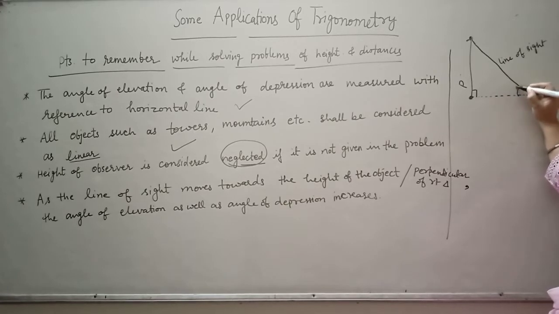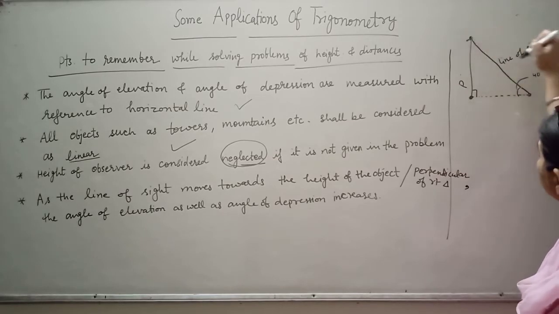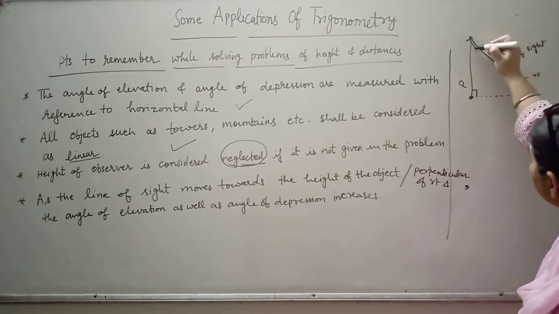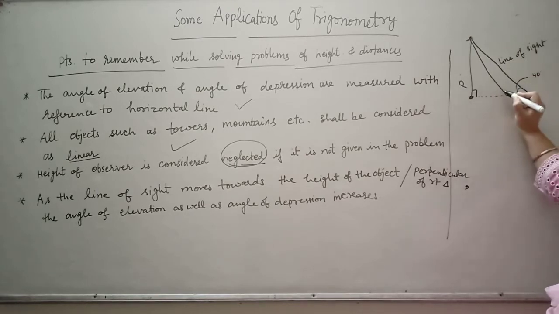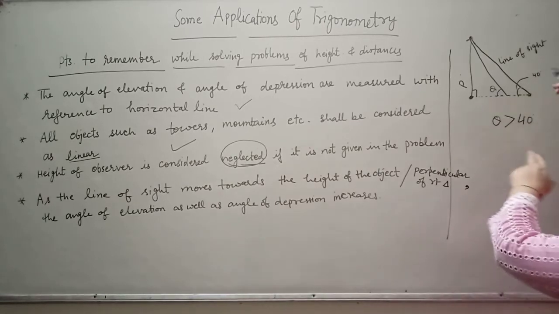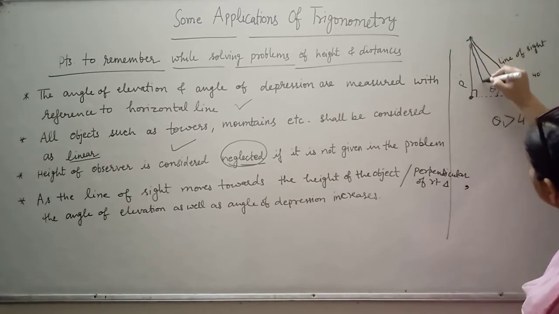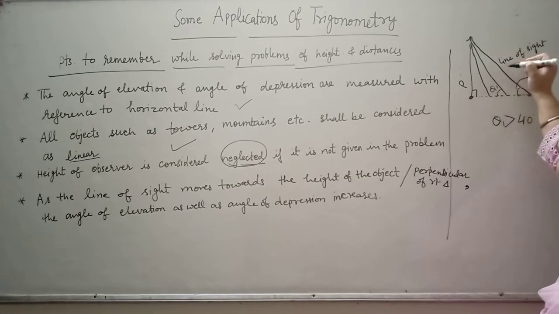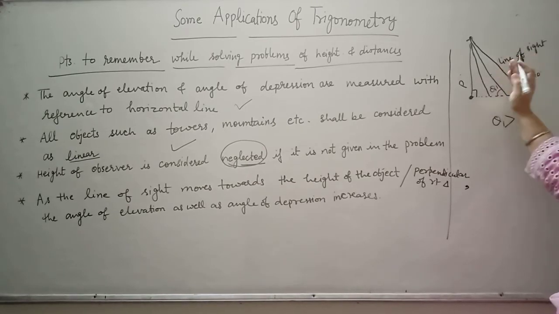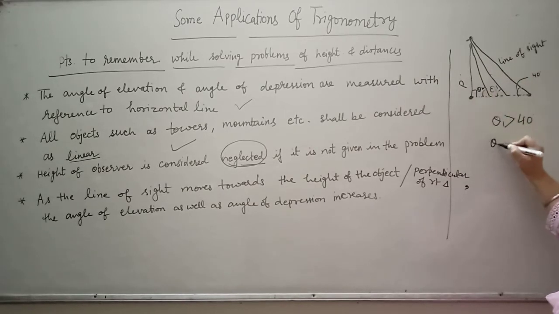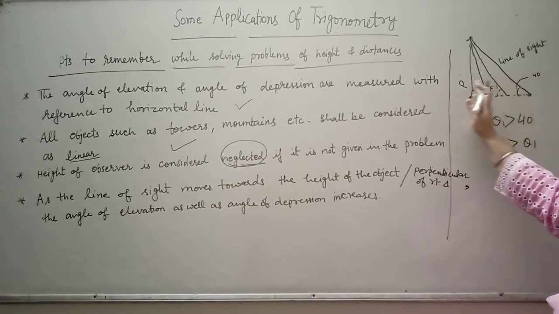एज इट मूव्स टुवर्ड्स दिस परपेंडिकुलर, देखो अभी ये एंगल है, सपोज करो ये एंगल आपका 40 डिग्री है। अगर ये लाइन ऑफ साइट मूव्स टुवर्ड्स परपेंडिकुलर, ये यहाँ आ गया, तो ये जो भी थीटा होगा दैट विल बी ग्रेटर देन 40 डिग्री। अब ये थीटा 1 है। अब लाइन ऑफ साइट पहले ये थी, अब ये हो गया, इट इज कमिंग क्लोजर एंड क्लोजर टू परपेंडिकुलर, तो अब ये आपका थीटा 2 बन गया। अब जो थीटा 2 होगा दैट विल बी ग्रेटर देन थीटा 1, यानी जैसे जैसे ये इट इज गोइंग क्लोजर एंड क्लोजर। व्हाट इज दिस?